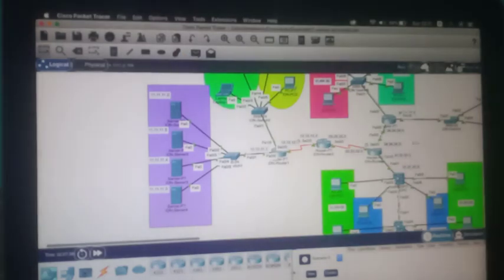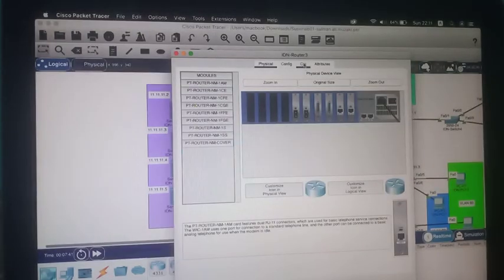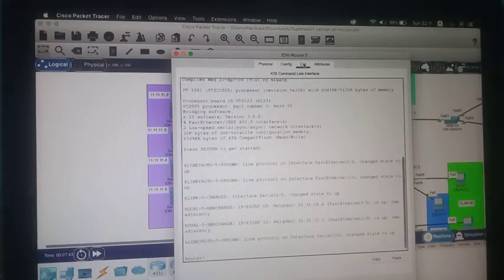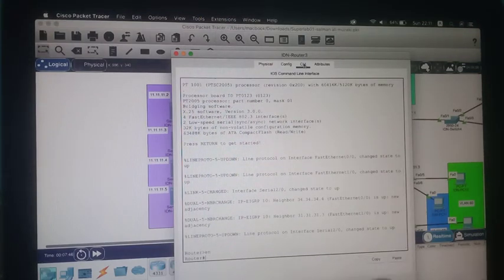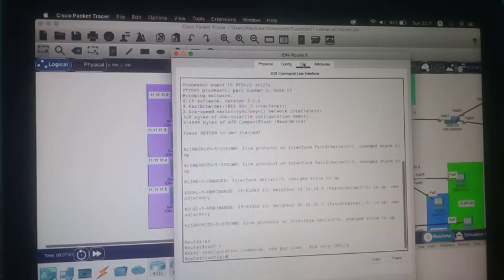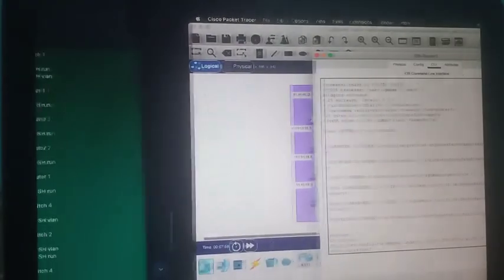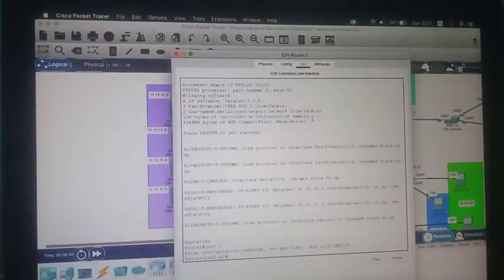Step 3, router 3. We check router 3 again: enable, configure terminal, and you can type do show run.